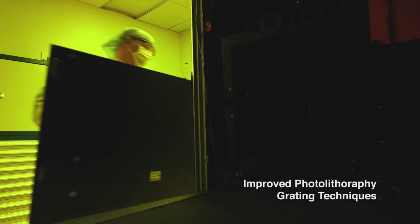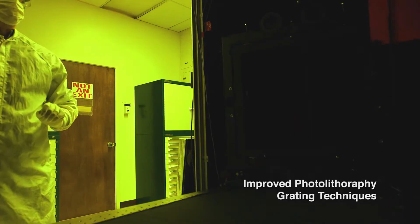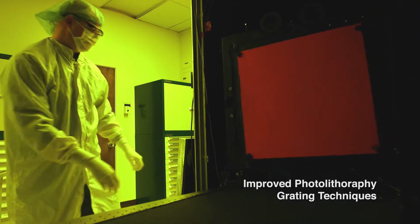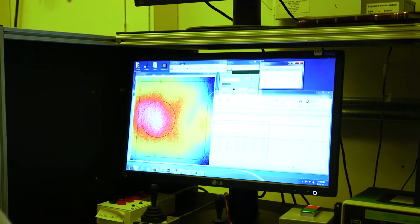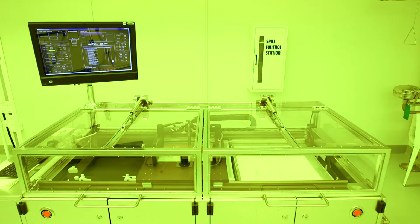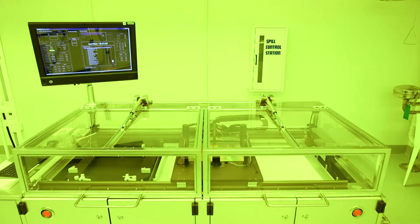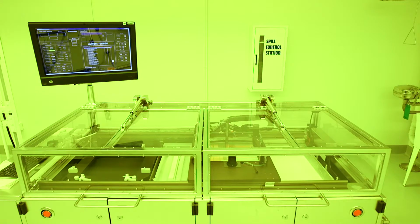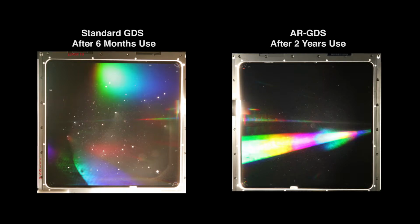Finally, the third technology is an improved photolithographic grating manufacturing process, which has been modified to accommodate the presence of the AR coating. This process implements off-axis exposure, gradient etching, and optimized etch depth to improve the uniformity and performance of the AR-coated grating. When AR-GDSs were deployed on NIF in 2016, the number of laser-initiated damage sites during 6